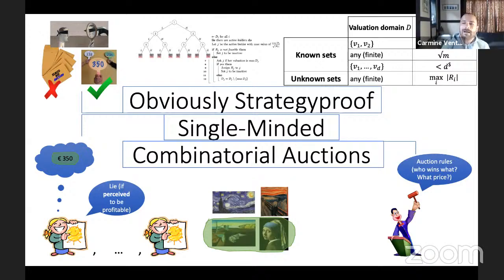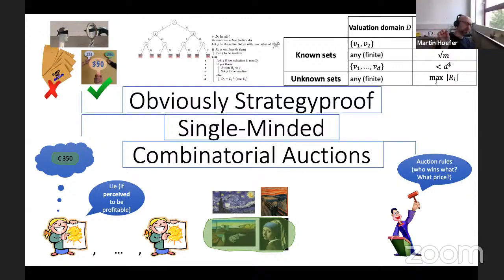Yeah, it's a good, I don't know. That's a good question. Probably not, but this is just a guess. And as you know, having computational lower bound for mechanism design, it's even harder. I mean, already for strategy proofness. So I wouldn't know how to prove that, but yeah.